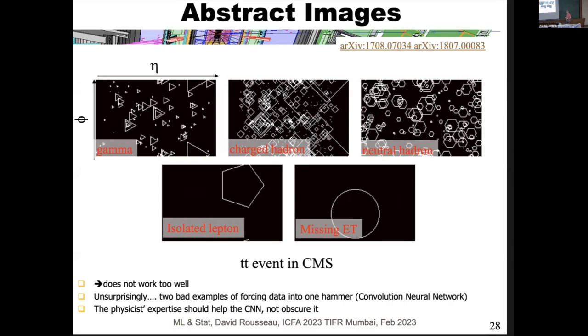At least they analyze that, which is not surprising because again, you have the photons, you have the list of energy and pT, eta, phi of the photons, and then you put it in an image and you ask the CNN to rebuild this information. Okay, it's not what you should do. Your physics expertise should be to help the neural network and not to try to confuse it. Okay, so I've spent 5 minutes on something which you should not do, just to make the point clear.